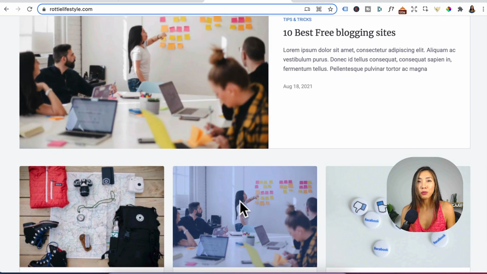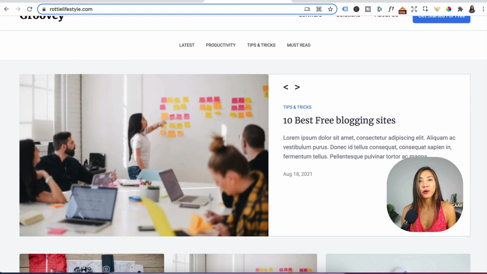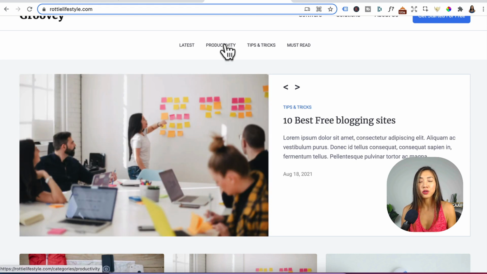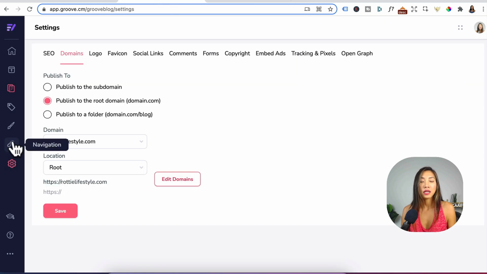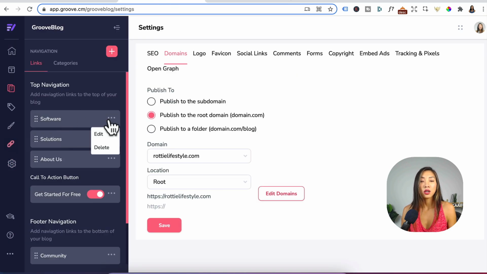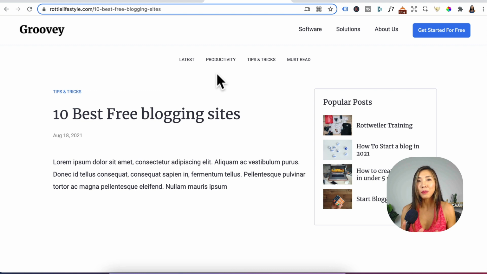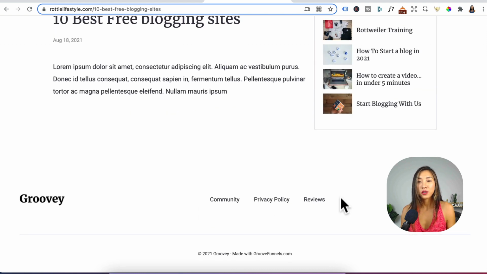So unlike WordPress, you don't have the option of creating custom pages because pages are built on Groove Pages. You would add your Groove Pages URL in the menu navigation up here. And you can do that by going to navigation, the links here, you just go and edit and add the link to your Groove Pages URL right here. So essentially every page on Groove Blog will have a post layout with a fixed header, footer, as well as sidebar, but you can also disable this sidebar within Groove Blog as well.